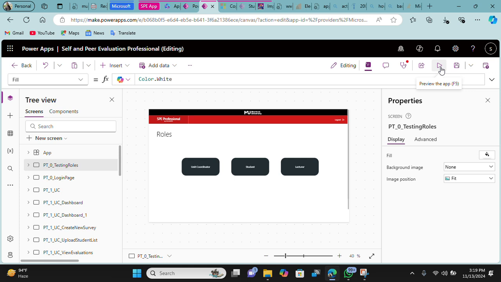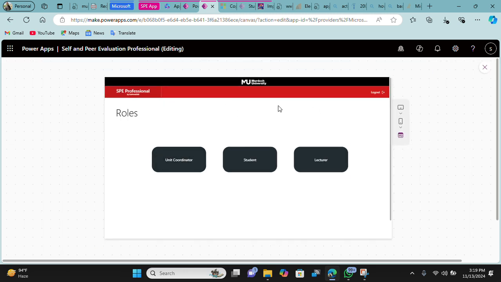A recent application I worked on. Basically, the UI was constructed. I made basic changes to the UI. It's for Murdoch University, and it's an SPE management system. So we have